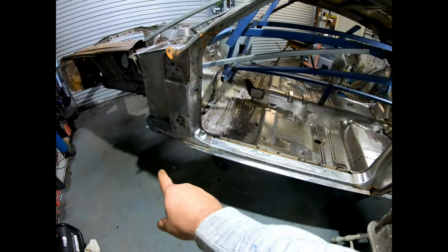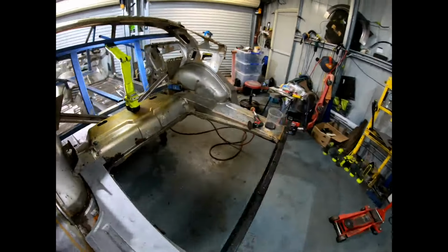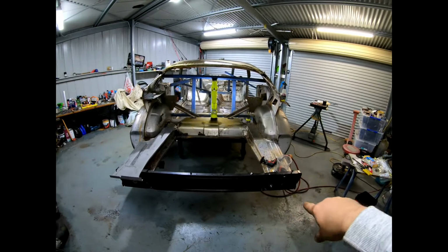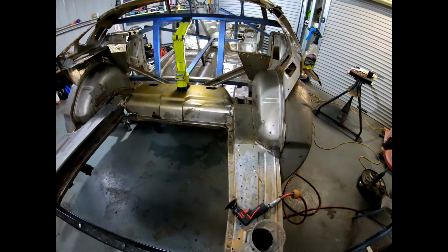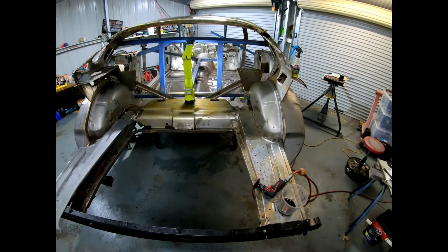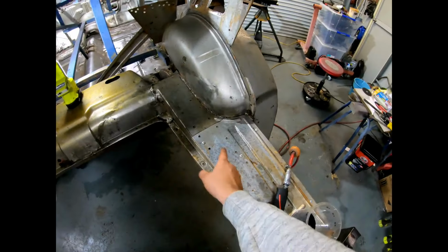I mean, I had to replace the sill, which is apparent if you've been watching my videos, but most of the dramas of this car have been on the driver's side. If I picture where this car was sitting for all these years, I reckon this side of the car has been sitting out in the weather and the rest of it's sort of been under shelter, because this whole chassis was rusted out. But the dude I bought the car off gave me a whole chassis out of a sedan. So I put a whole new chassis in across this side, and then I've got these rust replacement sections I put across here,